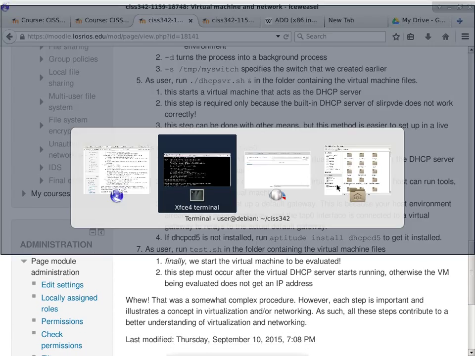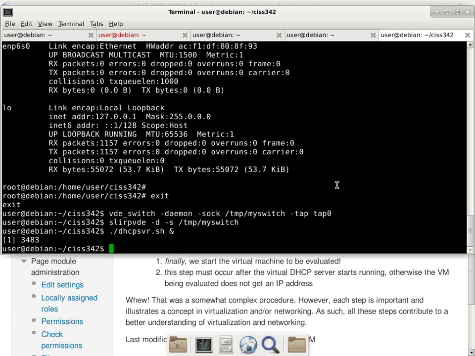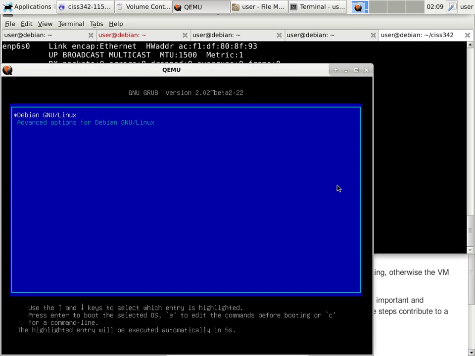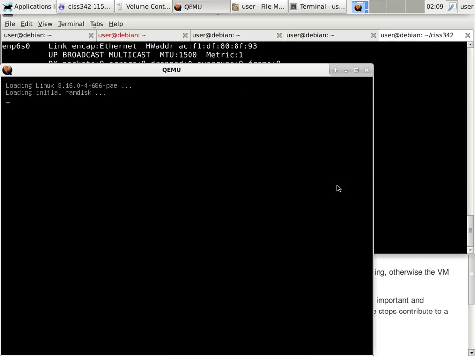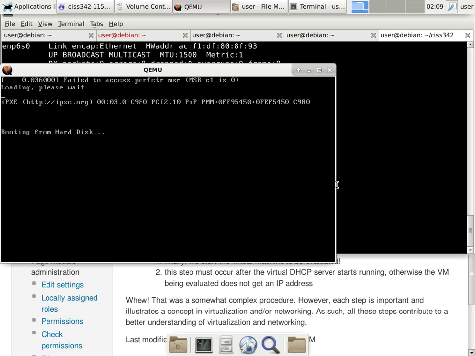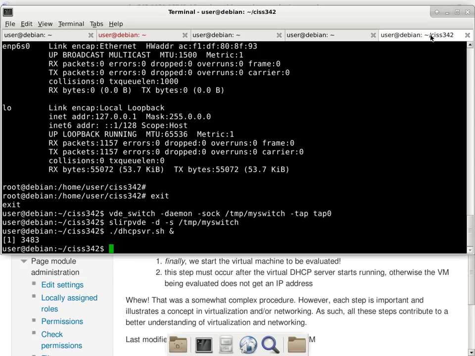Alrighty. So the moment of truth is now. I press the enter key and it starts up a virtual machine. It looks very similar to your virtual machine, except this one is really quick to bring up, because the only thing it does is serve as a DHCP server. It doesn't have anything else. It still wants to maximize the screen, but that's all it does. It gives you the login prompt, and that's it. With this one, you can just minimize it, because we won't be interacting with this particular virtual machine.